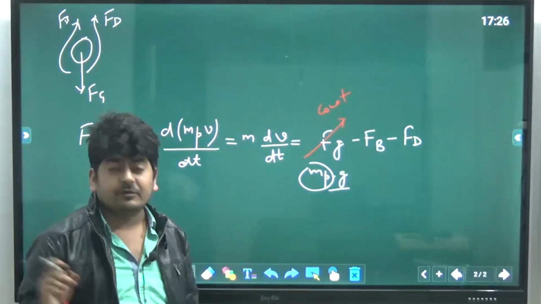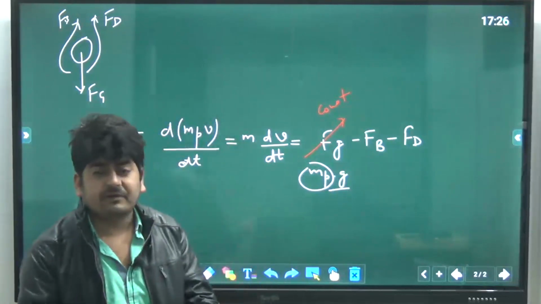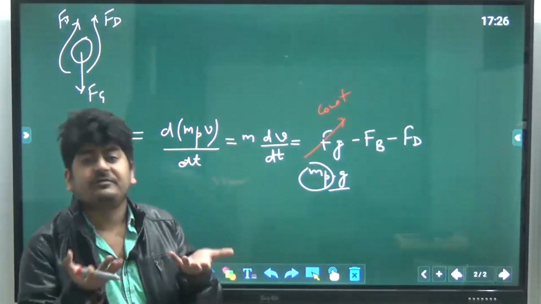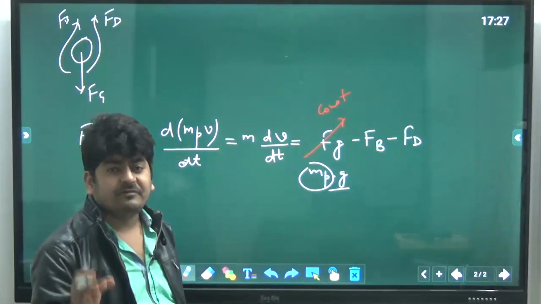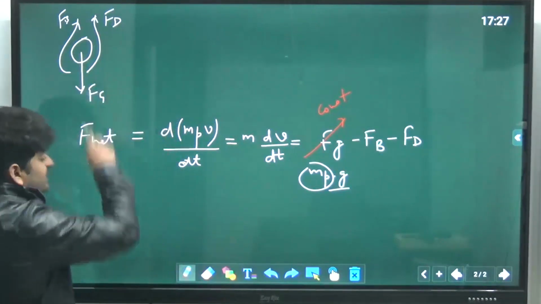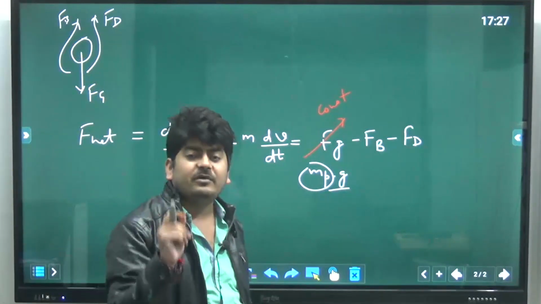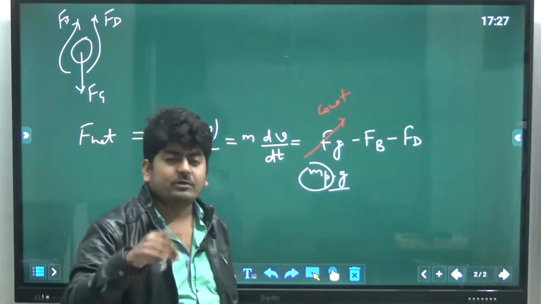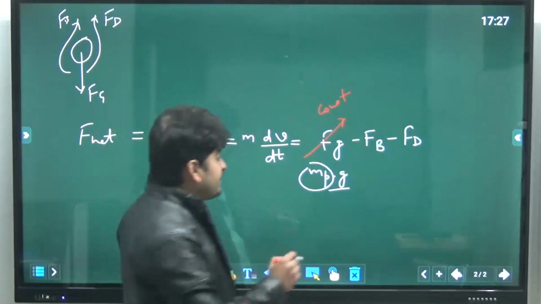Similarly, buoyancy force. What is the buoyancy force? That is the lift force of the fluid, the force exerted by the fluid on the particle to lift it. And that force is equal to the weight of displaced fluid. So whatever particle is settling, the size of the particle will not change. So the volume of the particle will not change, and if the volume of the particle is fixed, the volume of displaced fluid will be fixed, so the weight of the displaced fluid will be constant as well.